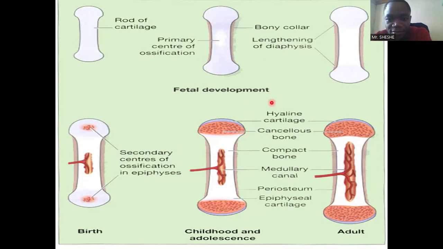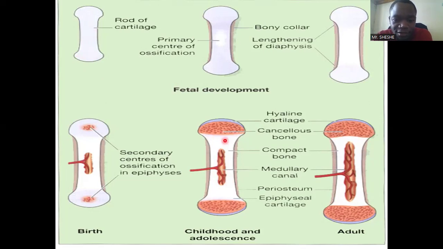The baby has to wait. You just have to sit, sometimes even just sleep. They can't stand on cartilage. It's only bone that we can stand on. Okay, so that's what happens. So this type of bone development is what we call endochondral. Chondro meaning cartilage. It was previously cartilage. It is now being transformed into